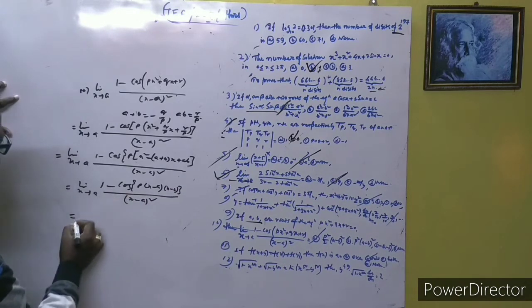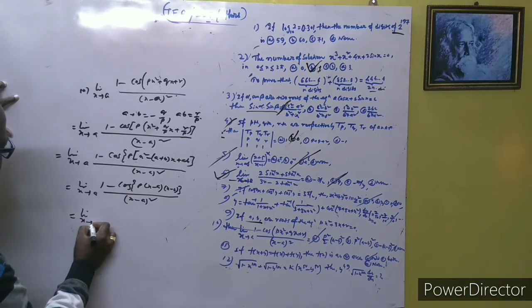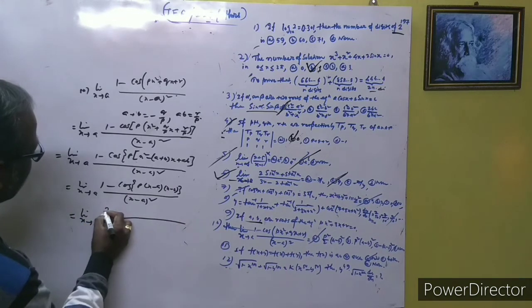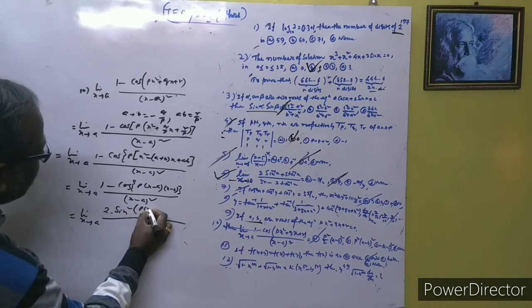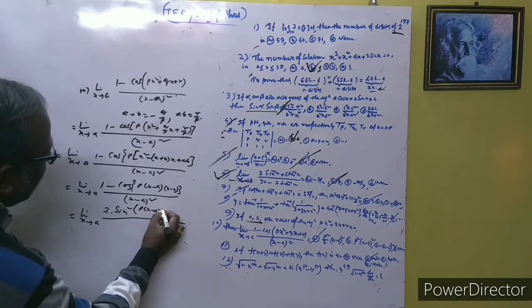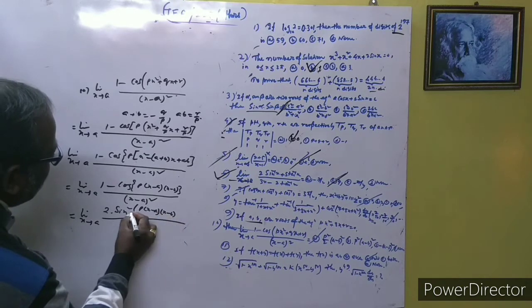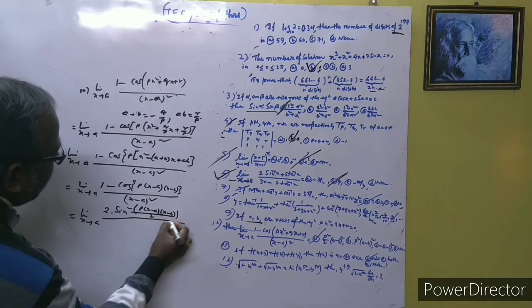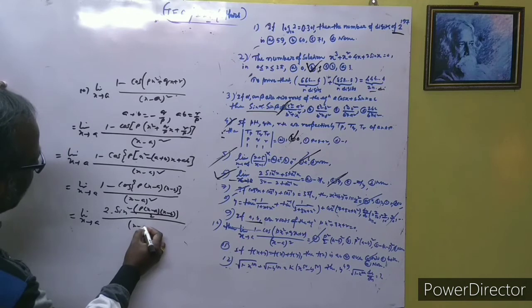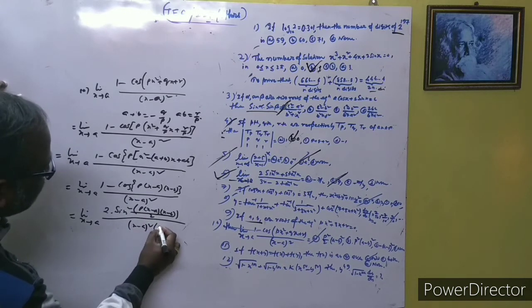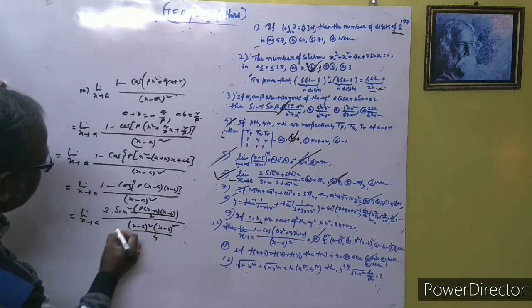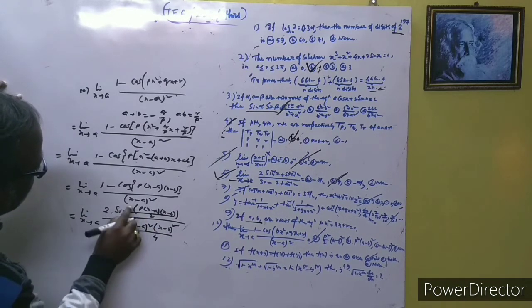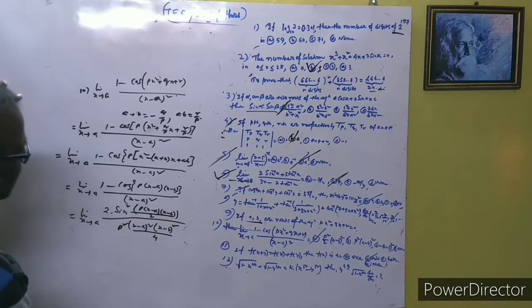And now 1 minus cos theta, from the multiple angle formula, we can write 2 into sine square of p into (x minus a)(x minus b) by 2, over x minus a whole square. Okay, now I also introduce a factor of 4 and p square, so that we have sine square over a square, and this is a sine square over a square form.